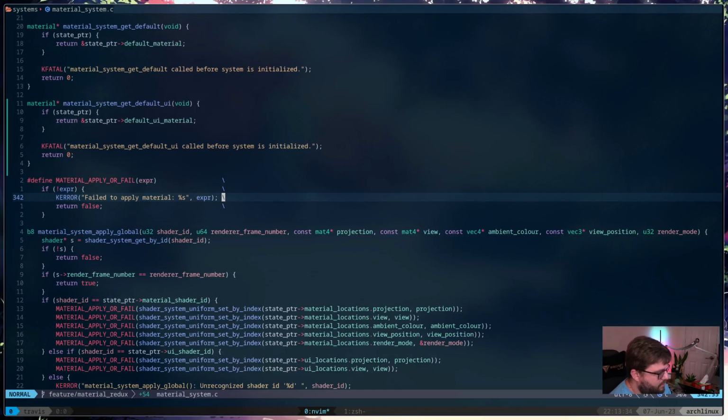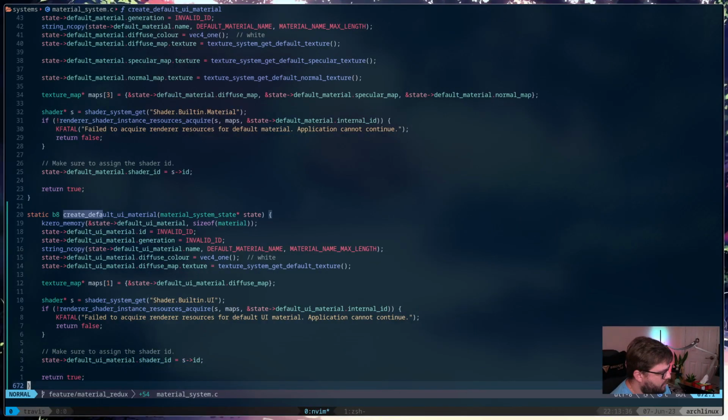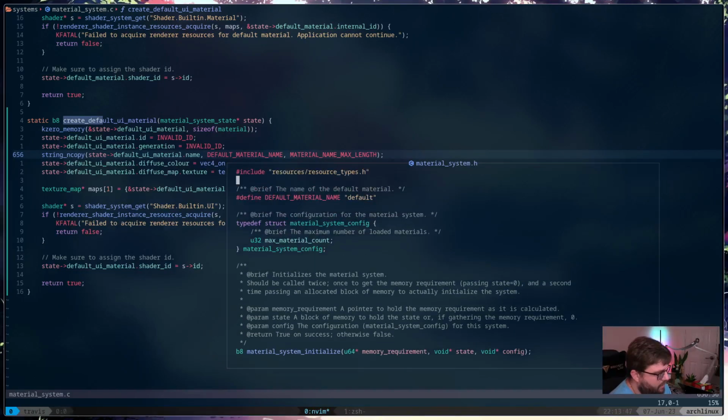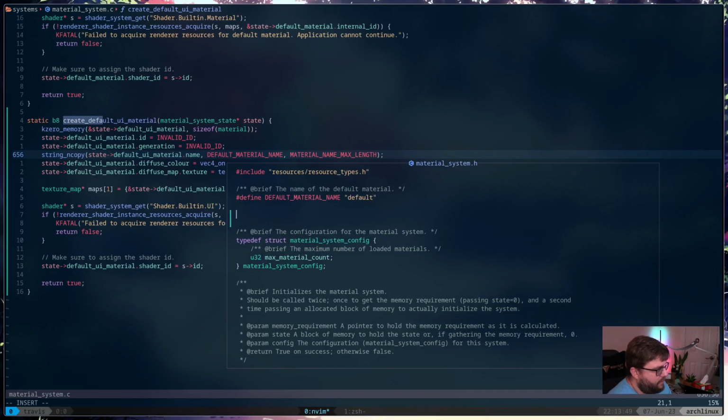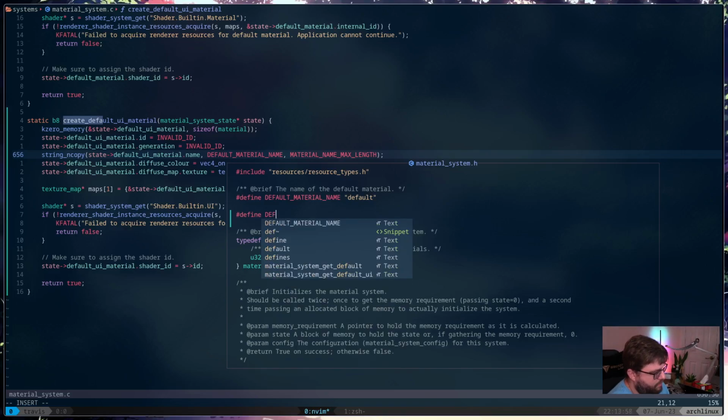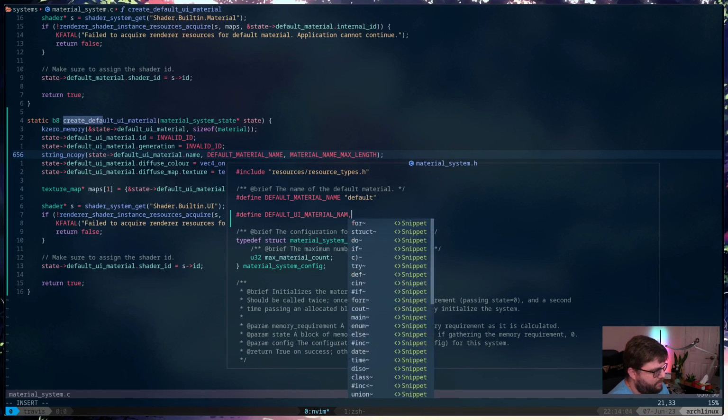So default material name, yeah. So we need to define default UI material name.